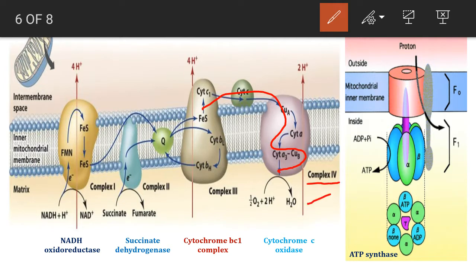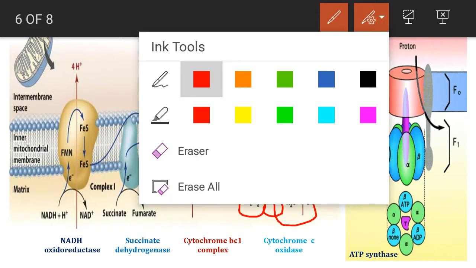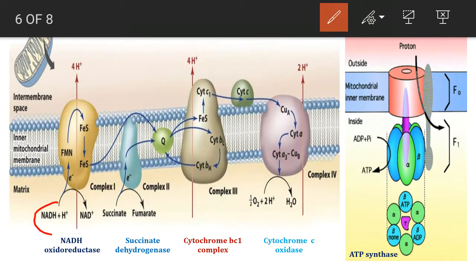As we have said that electrons are transferring, this transferring electron finally reaches complex number 4, cytochrome oxidase, where the electron will be accepted by oxygen molecules, and together with protons from the matrix forms a water molecule. The flow of electrons generated by the oxidation of NADH and FADH2 will ultimately reach the oxygen and form a water molecule. That's why oxygen is known as the final electron acceptor at complex number 4.